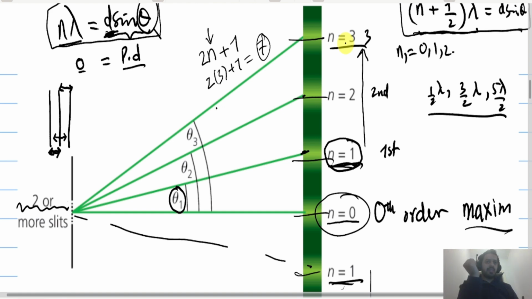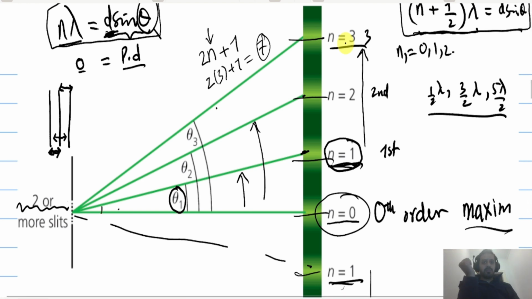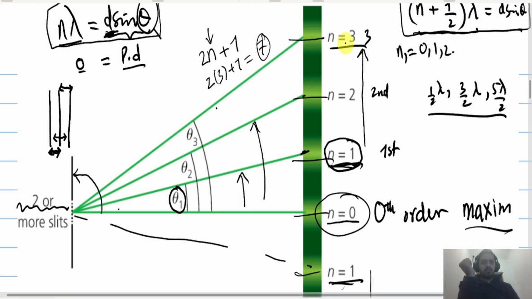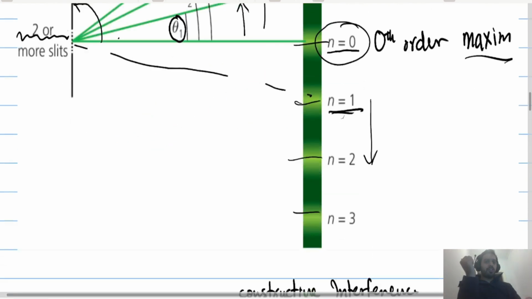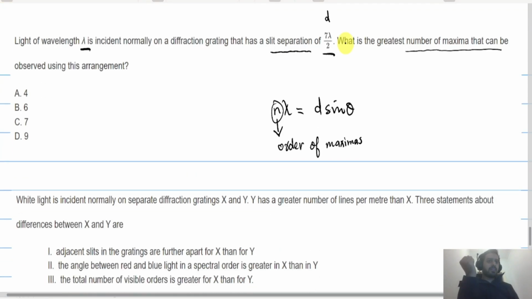So you can see n is increasing as we increase this angle, right? So for theta 1, we have n1. For theta 2, we have n2. So if I ask you what will be the maximum angle for the maximum n, the maximum angle will be all the way from here to here, which you can see is 90 degrees. So the maximum order will occur for theta equals 90 degrees,